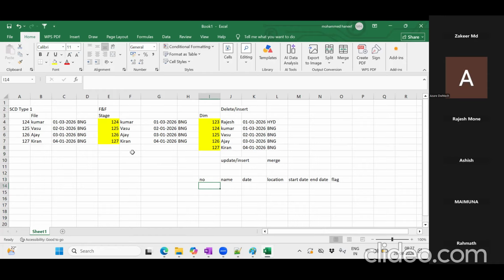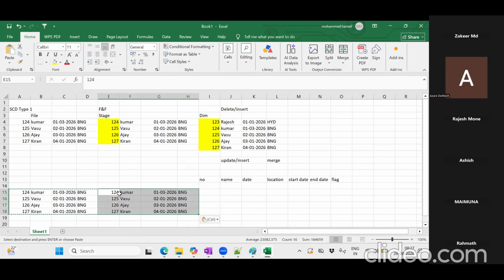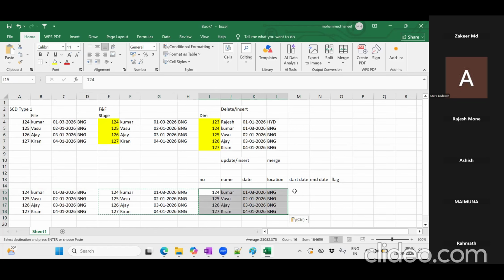So now here, the first time you got this much data, for example, from the file, you got the same data and the same data was loaded into your stage table. Once you loaded the stage table, when you are loading this data into a table, you will be loading the start date, meaning when you are inserting this data, you will be creating an insert timestamp of